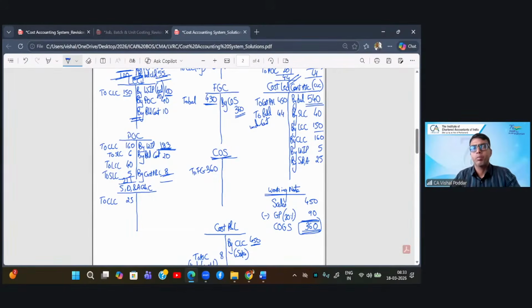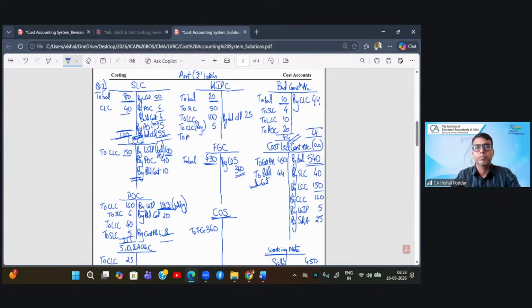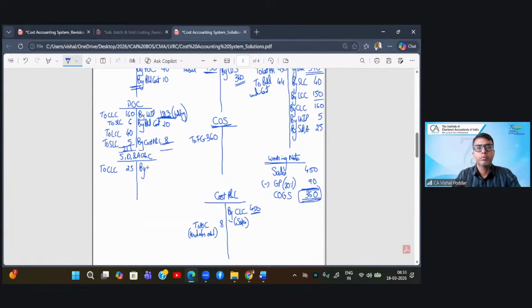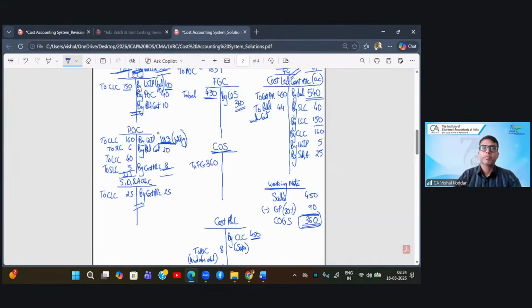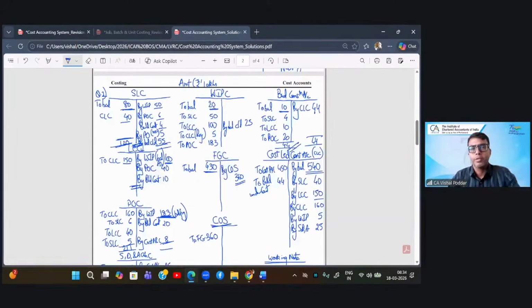Correct? 183 is the balance that I'm getting, which will be transferred here to WIP. This amount will go to cost P&L because nothing is given for charging. So entire is to be debited to cost P&L. So to selling, distribution, administration, 25, correct? Now, coming to WIP, you have opening, you have material, you have labor, you have overheads, you have